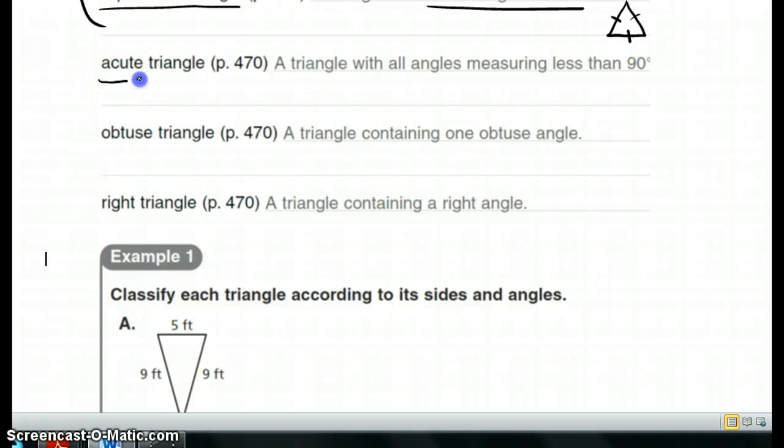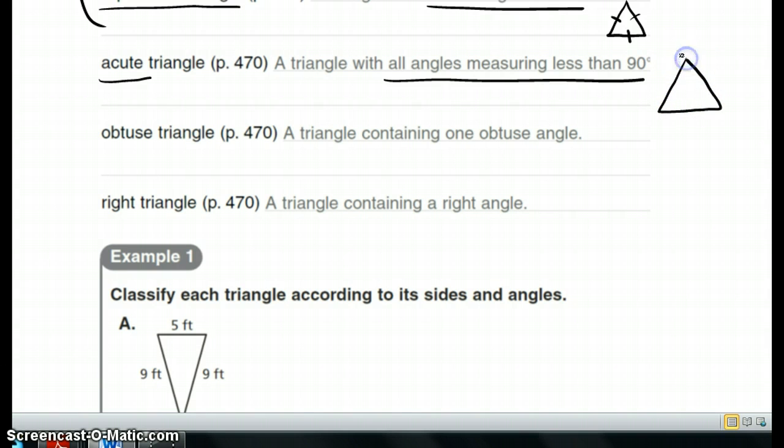An acute triangle is a triangle with all angles measuring less than 90. So, if I have a triangle whose angles are less than 90, I have an acute. This is less than a right angle, this is less than a right angle, and this is less than a